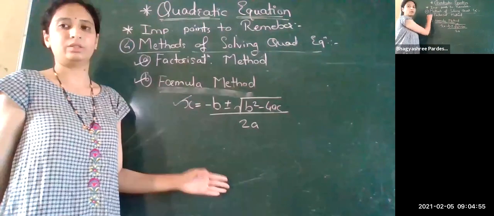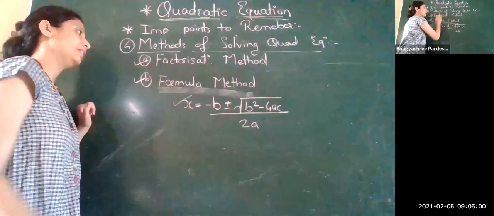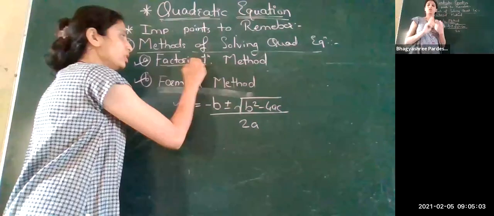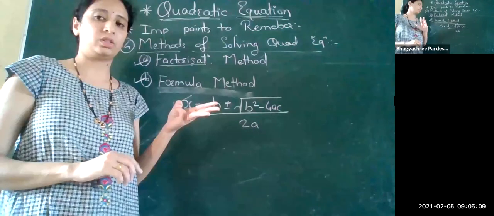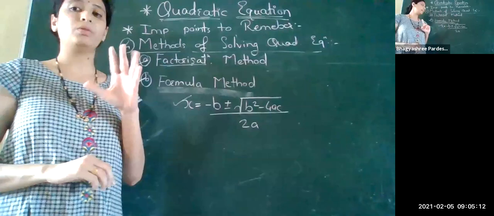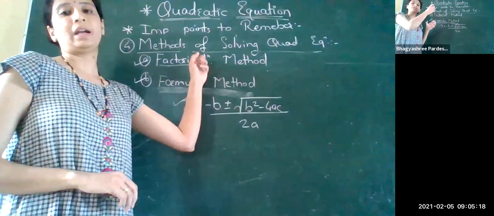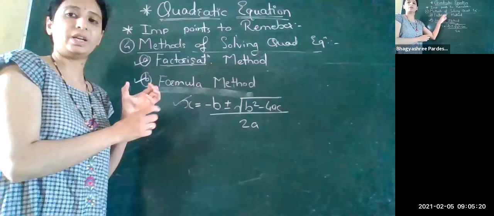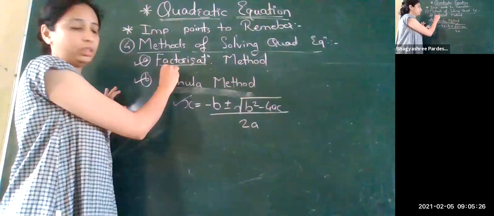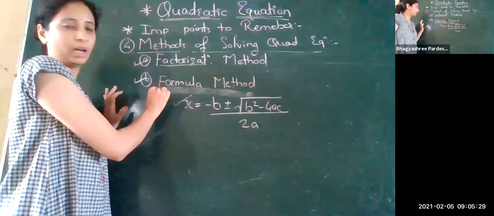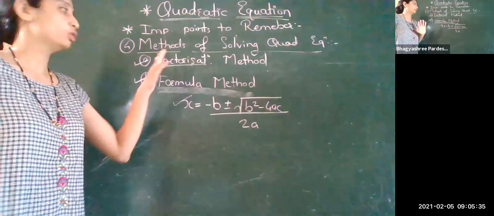And the students who want to score above 90 marks must focus on factorization also, because question number 4, which can be asked for 3 or 4 marks, and question number 5, which can be asked for 3 marks, can have factorization method examples. It will be specifically mentioned: solve the given quadratic equation by the factorization method. So there we can't use the formula. Here we have to use the factorization method only. So for the good student, please focus on factorization also.